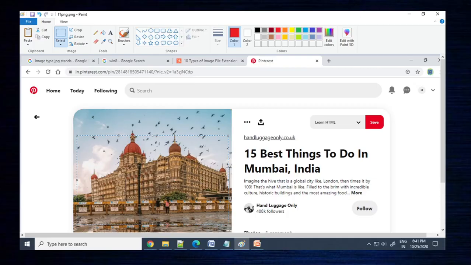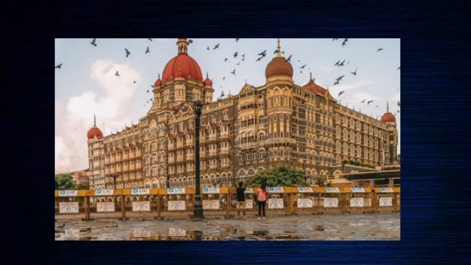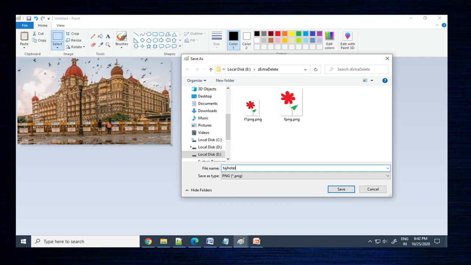After that, in Paint, for example, let's say I'm watching some picture here. You can see the Taj Hotel. In this Taj Hotel picture, I want only this portion, the dotted portion. We already copied from the desktop and pasted in Paint. Then we can use the select tool, draw the rectangle and make a mark. After that, we can cut it. If you paste it now, you can see I've taken only a part of the picture. Then we can save this one.